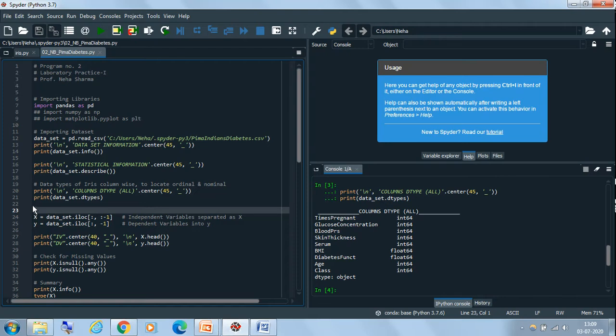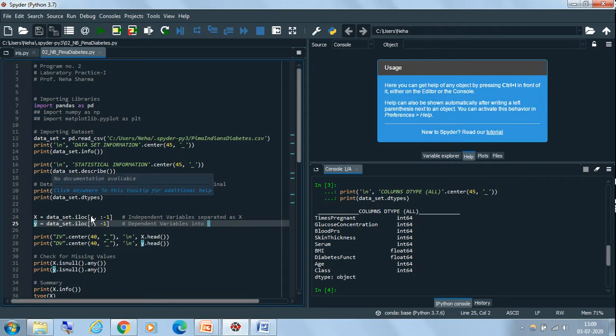Let us say in my x I want all the independent variables, and in y I want all the dependent variables. So I will use the function df.iloc. What parameters are we passing? The first parameter indicates how many rows you want to include.